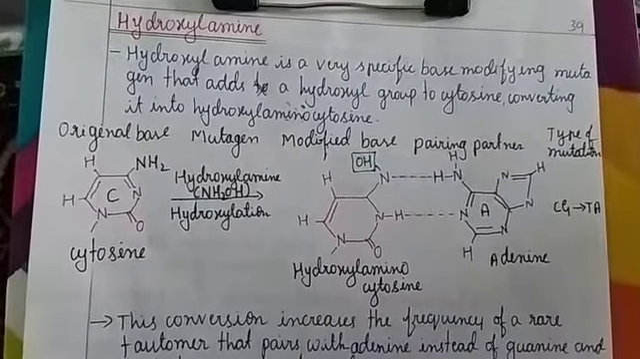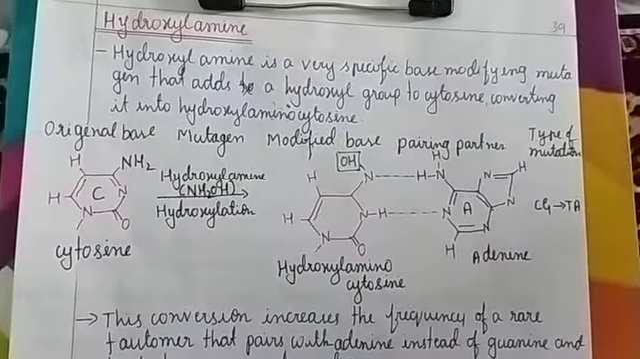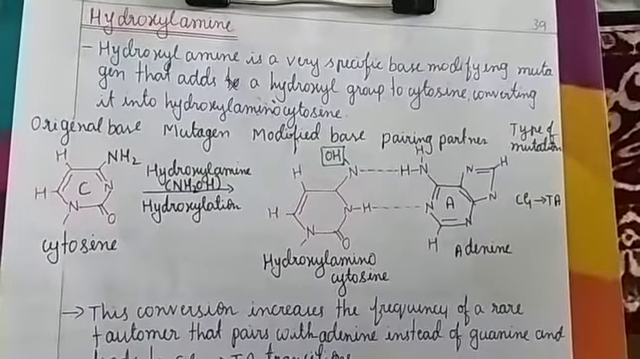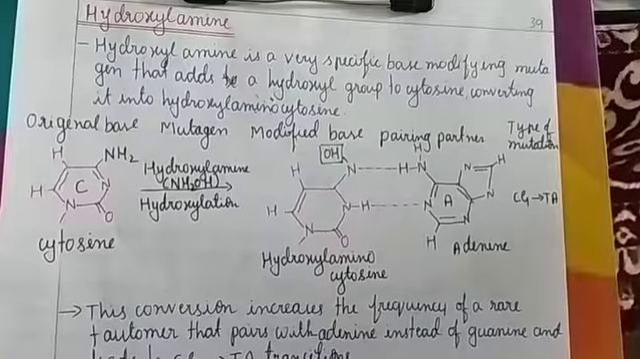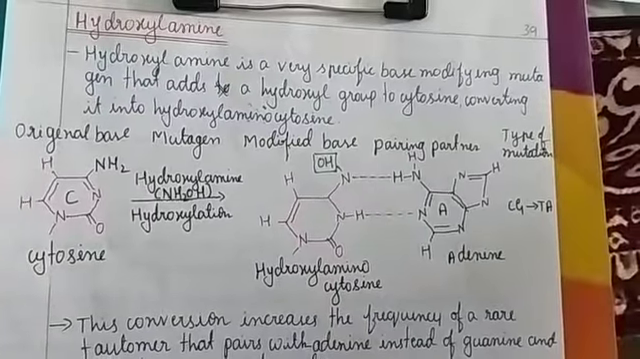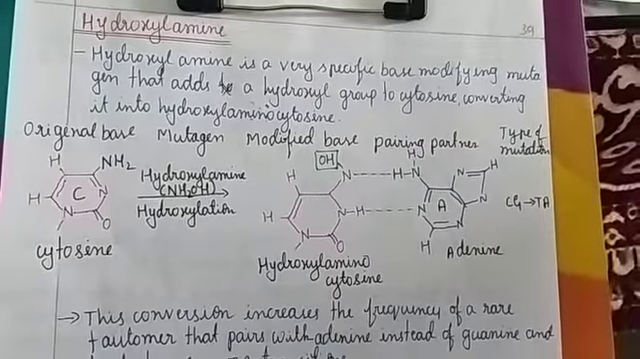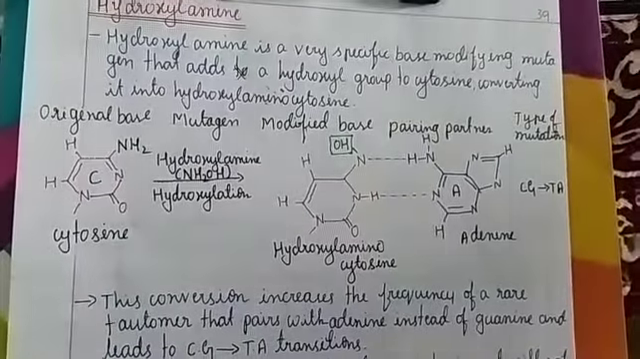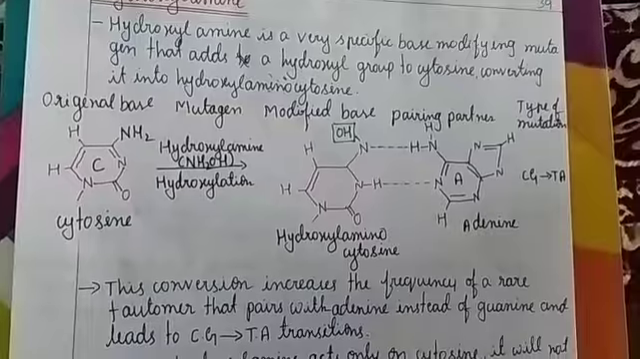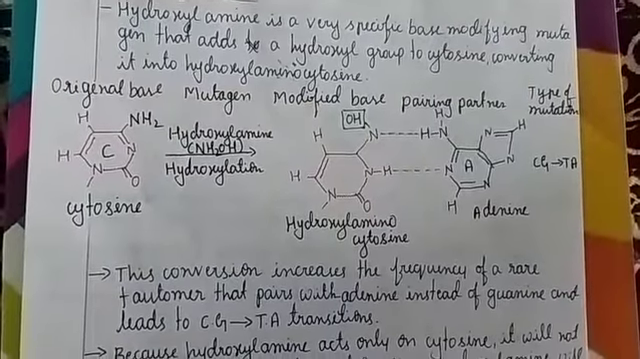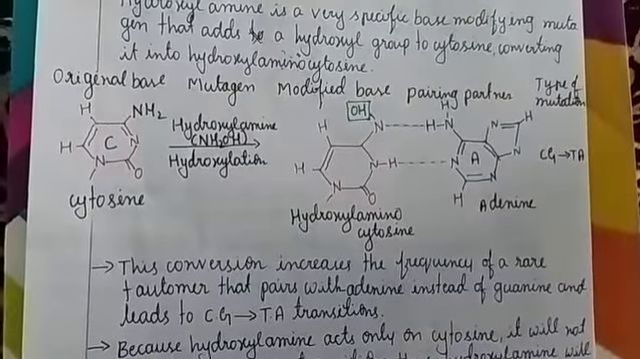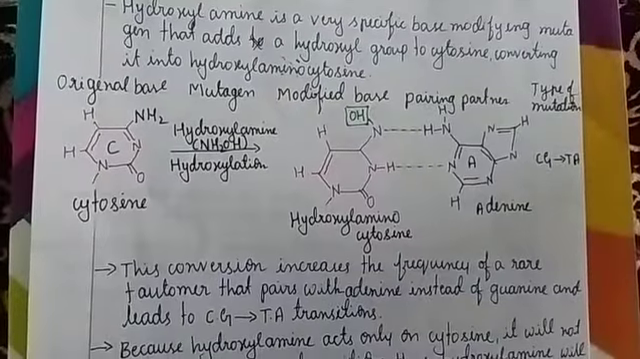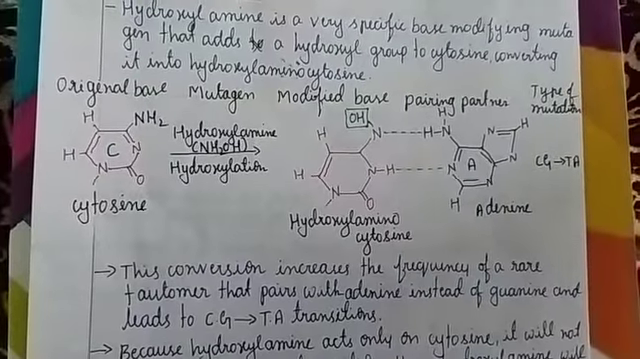Next chemical mutagen is hydroxylamine. Hydroxylamine is a very specific base-modifying mutagen that adds a hydroxyl group to cytosine, converting it into hydroxylaminocytosine. Here in the picture you can see that the original base cytosine, after reacting with hydroxylamine, undergoes hydroxylation